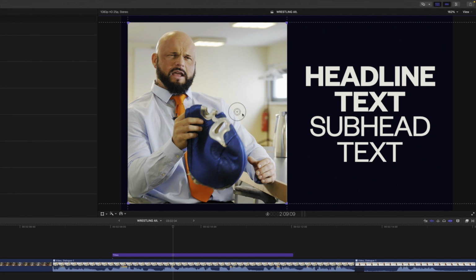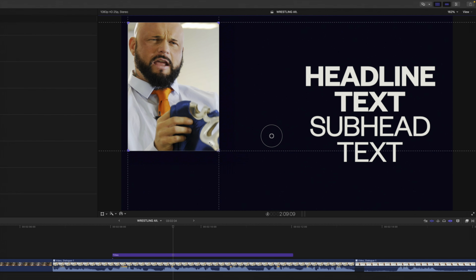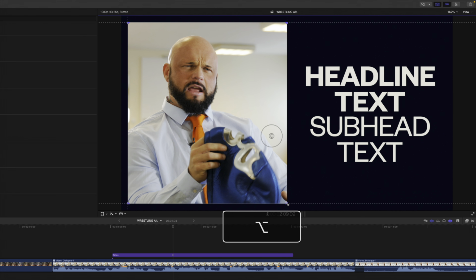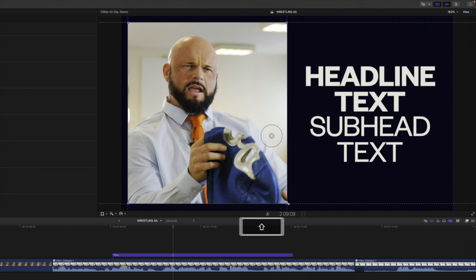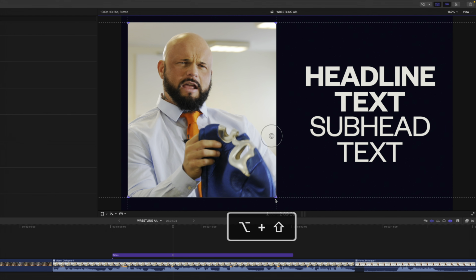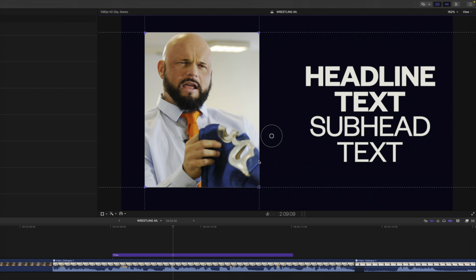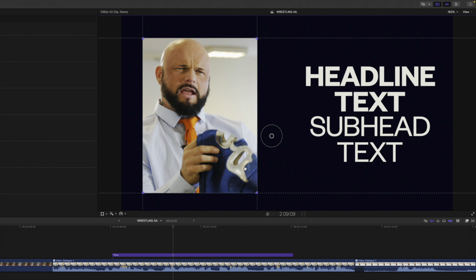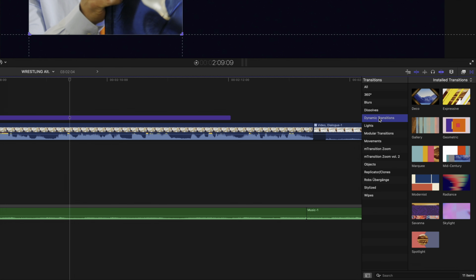You have position and scale controls via this control element with a circle, as well as the same framing box that behaves just as I showed in my last video, including the ability to hold the Option key to scale it from the center, as well as holding the Shift key to retain the aspect ratio of the box, as well as holding both to scale from the middle and retain the aspect ratio at the same time, making it very flexible and customizable. And also looking in the dynamic transitions category, you'll see that a few of the new titles also have stylistically matching transitions, such as expressive, gallery, and others.